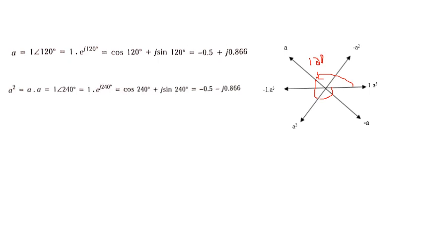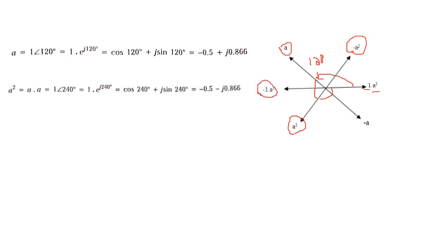Whatever the opposite of this is, draw a line. Extend this, and in place of plus, this will become minus. Similarly for this A square, extending the line will become minus A square. This one, how I narrate it, is the A cube. This is A square. The complete rotation of 360 degrees can be written as A cube. A cube will be at 0 degrees, with magnitude 1. Opposite to that, this will become minus 1, minus A cube.